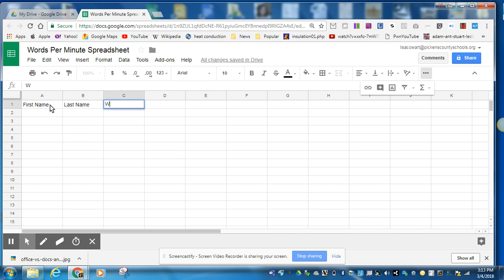And then we're going to want to record a words per minute score for each student. And then we're going to want to know how long it's going to take them to type a 4-page paper. Now, I happened to Google it, and a 4-page paper has approximately 1,300 words. So I'm going to put, for my heading, words in